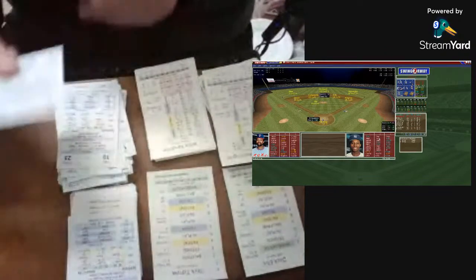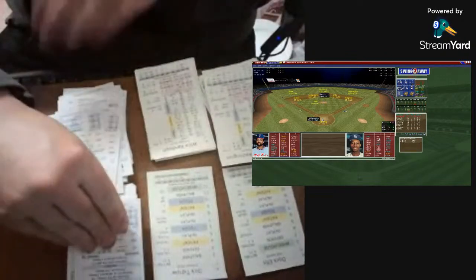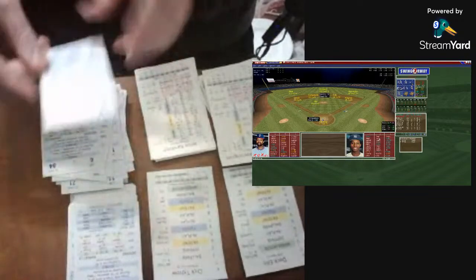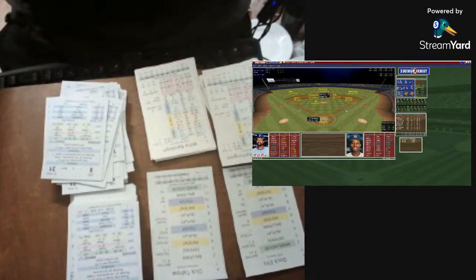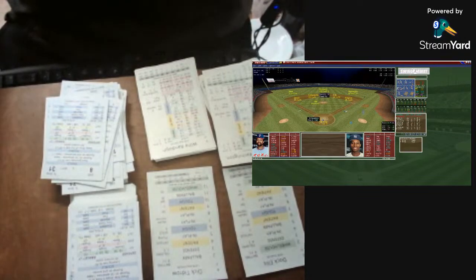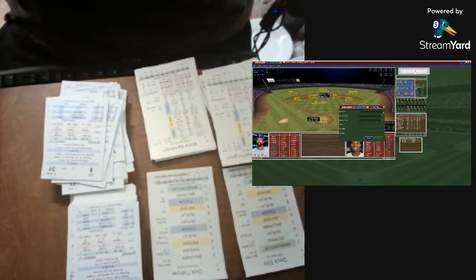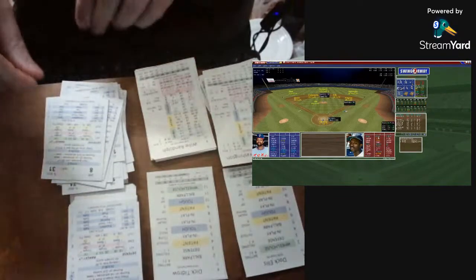So here's the pitch from Ellis. It's going to be a patient. That's a good pitch for Randolph to hit. 31 on a patient, and he draws the walk. I think Ellis was trying to pitch around him, but I'll give Mickey Rivers a chance, and Rivers has already homered today. So Randolph takes second, 1 out.